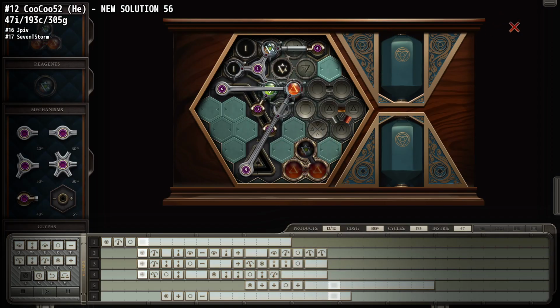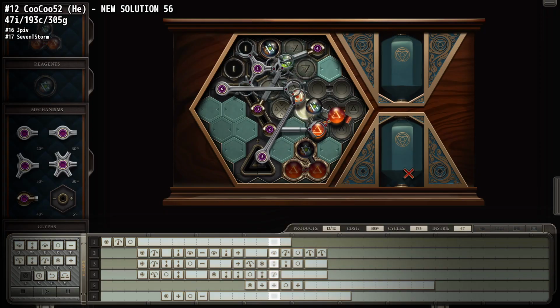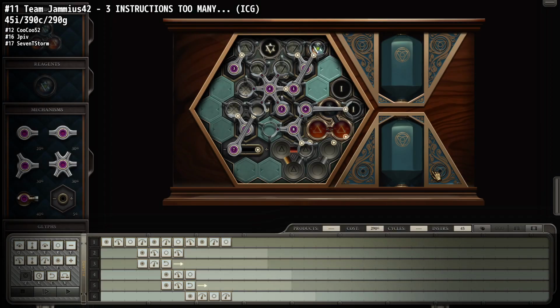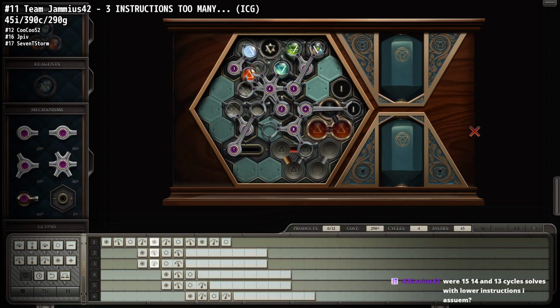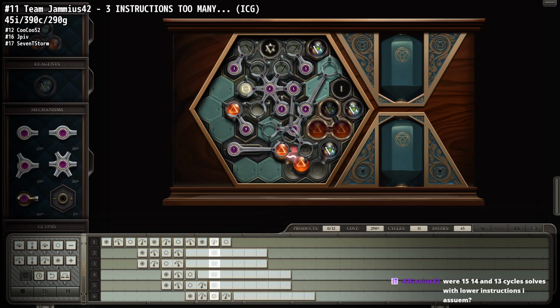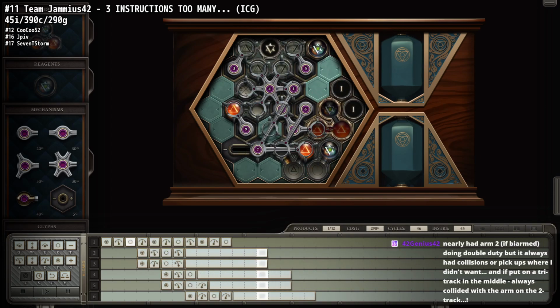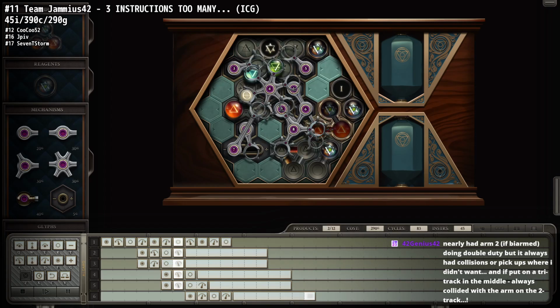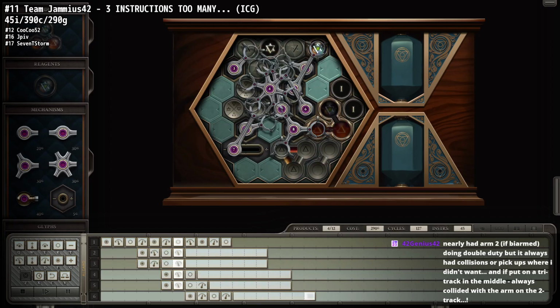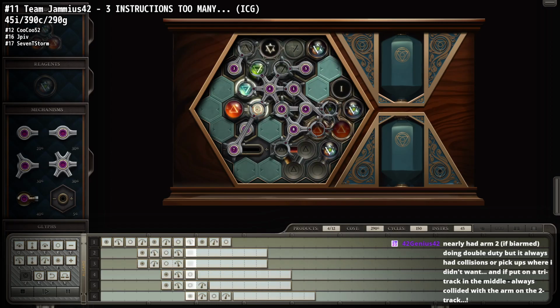Alright, at 11th place, Genius 42, you have predicted accurately. 3 instructions too many. Were 15, 14, and 13 cycle souls with lower instructions, I assume? Yes. I'm pretty sure those 3 were already shown in the cycles section, so...